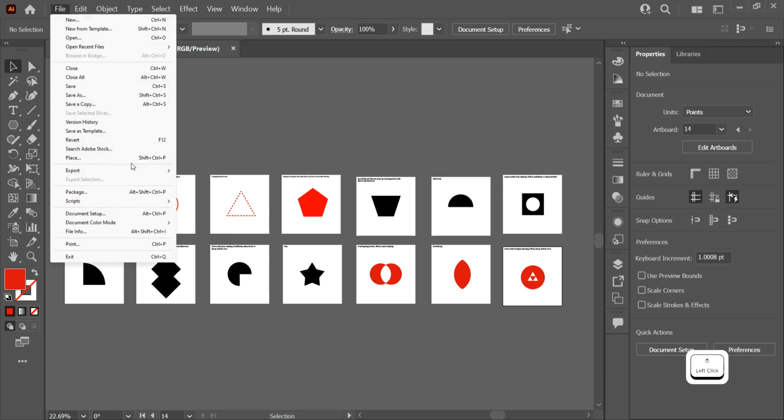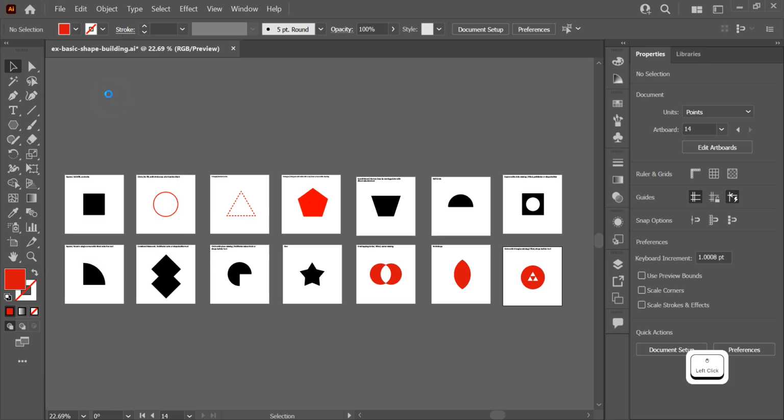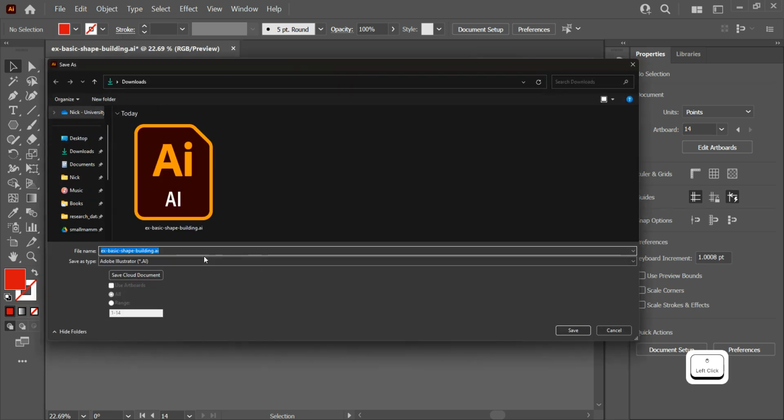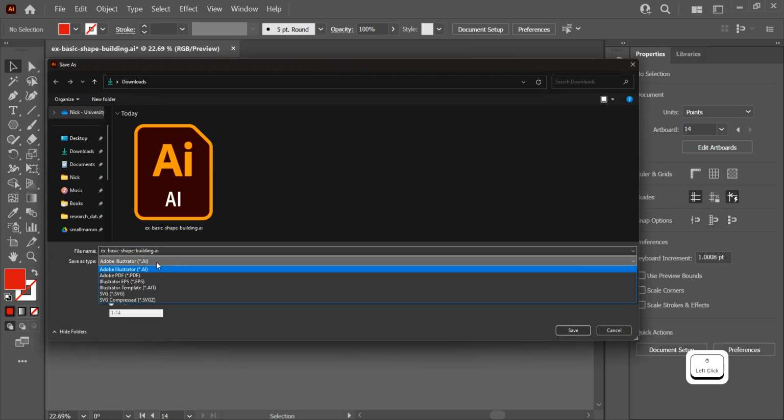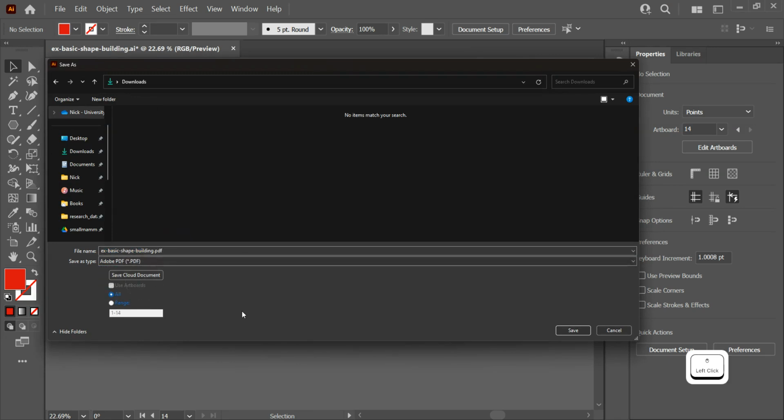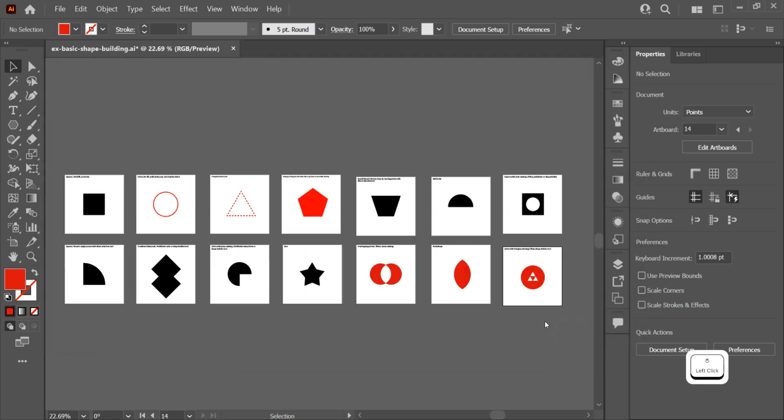I'm going to go to File, Save As, and you'll see that this is the base file name. I'm going to switch this to Adobe PDF, and then I'm going to name this a standardized naming format that we should always use when delivering files to clients or in class. I'm going to use my last name and then put dash exercise 1, or exercise 2, I guess we're on. Hit save,